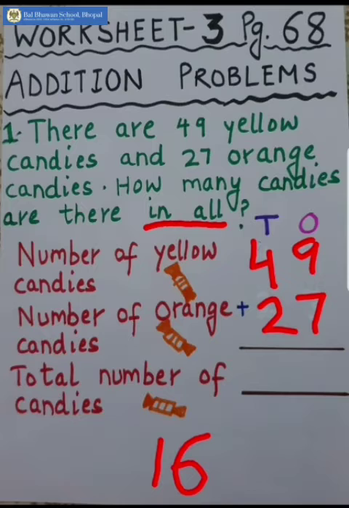Okay, now 16. Now tell me, in this number 16, 6 is on which place? Yes, ones place. And 1 is on which place? Tens place. Okay, so now this digit, that is 6, which is at ones place, will be written under ones place only. See, like this. And 1, which is given at tens place, will be carried forward. It will be taken as carry over. Okay.